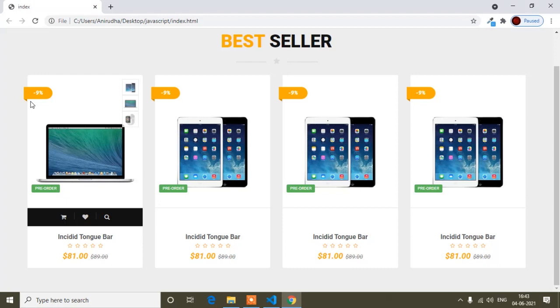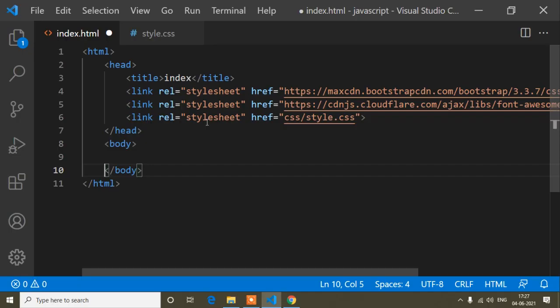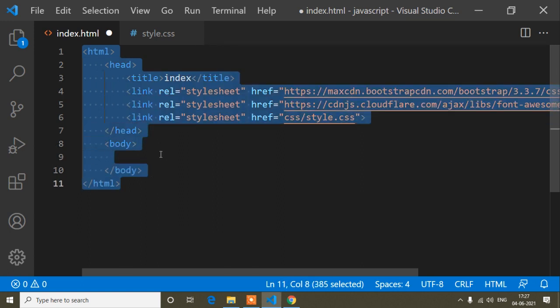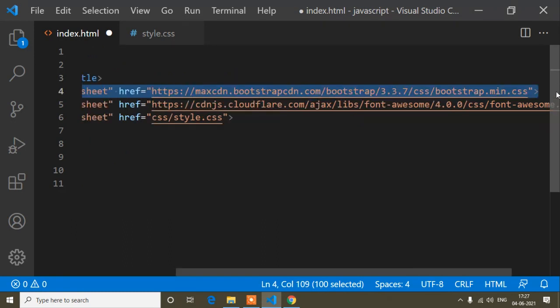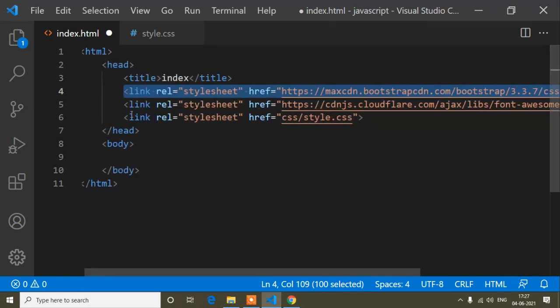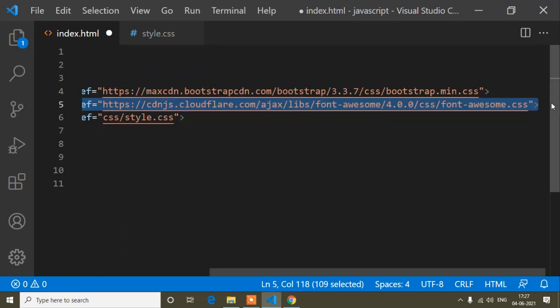First of all guys, I will open my Visual Studio Code editor for making this type of animation card. Now here you can see I have opened index.html and style.css files, and inside the index.html file I have already added some HTML structure, and I have added the CDN link of Bootstrap CSS. And the font CDN link I have already added.